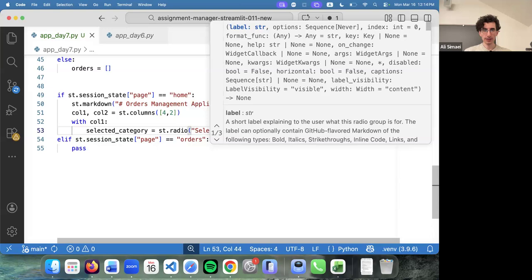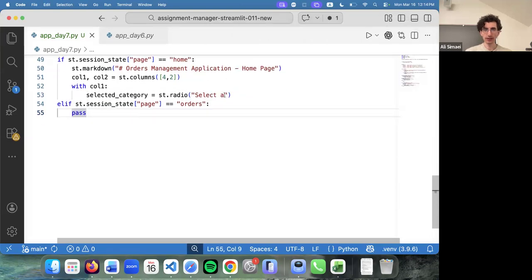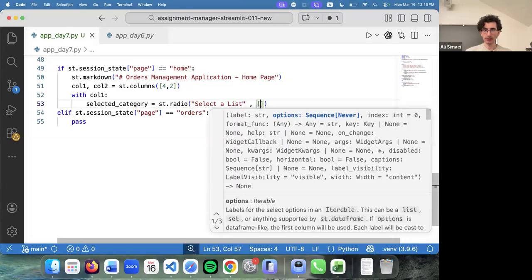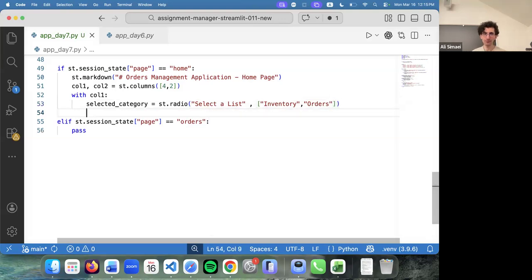Call it select, and the list of items are inventory and orders. Now, if selected category is inventory,